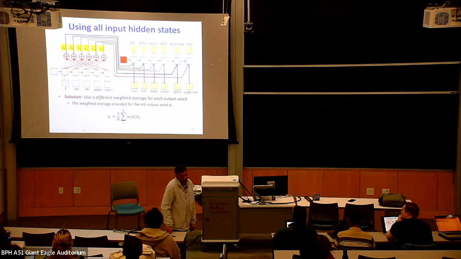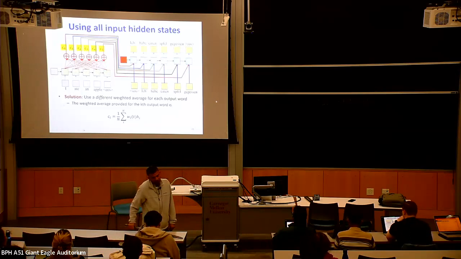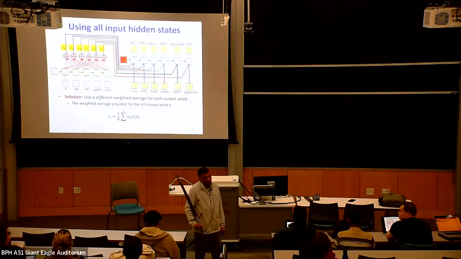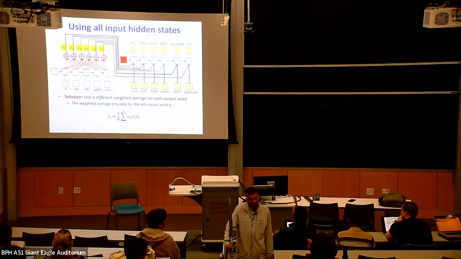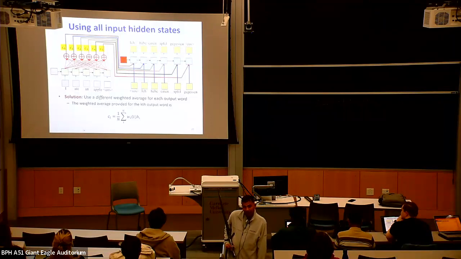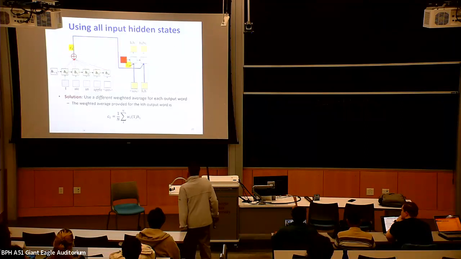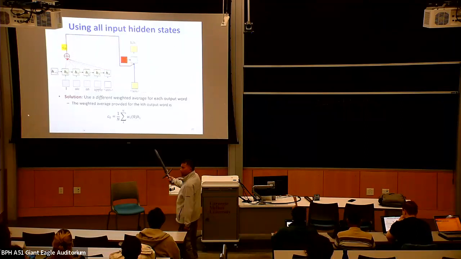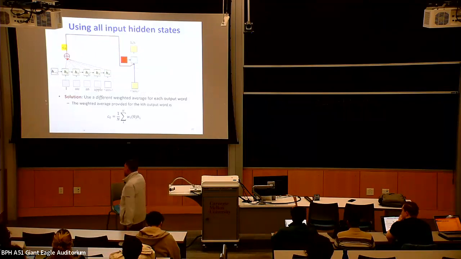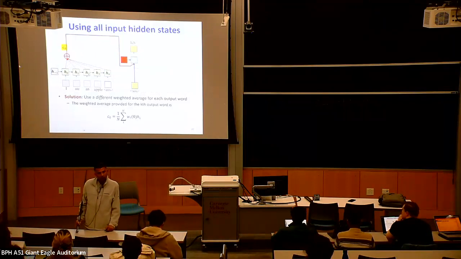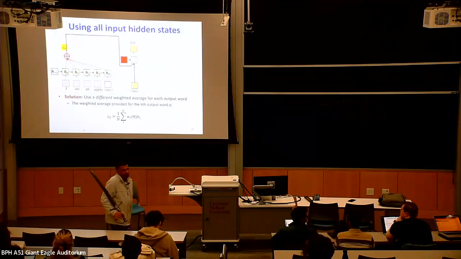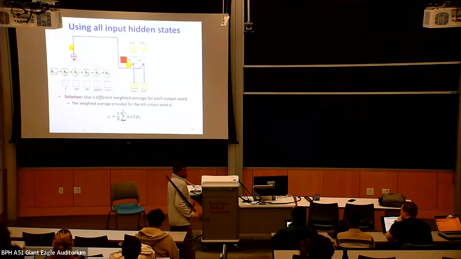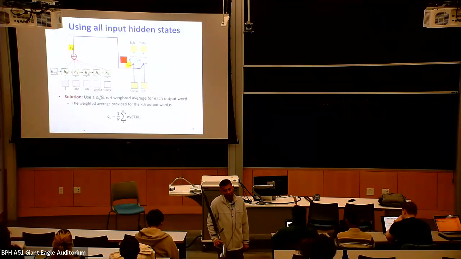So my question is, one of the problems that you said was we don't know the length. But in this case, wouldn't you need as many as the outputs? Yes, we would. So you need as many weight sets as the output sequence, and we will address that problem as well. But if we have something of this kind, then the solution is simple, right? You'd have one set of weights for the first output word, and you'd be averaging all of the hidden representations on the input with that set of weights for the first word. Then you'd have a second set of weights for the second word. And so you'd be computing this